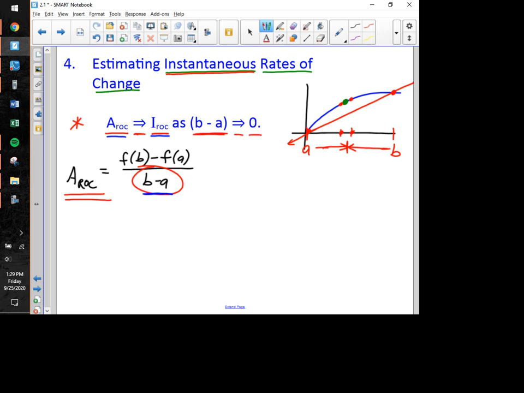And to do that, we want this interval right down here of b minus a to shrink down and get smaller and smaller. Now, the important idea that I didn't mention, though, is that as a and b move closer together, you might get another line right here that looks like this. Now, that original red line was a secant because it was defined by 2 points on the curve. The second red line that I just drew is once again a secant. It's still defined by 2 points on the curve. Those two little red dots that I put right here, if I were to connect those, guess what? That is also a secant because once again, that line was created and is defined by 2 points on that